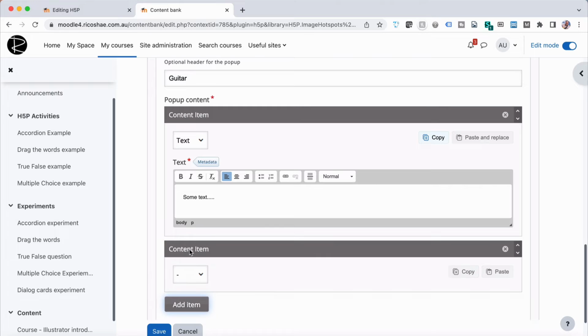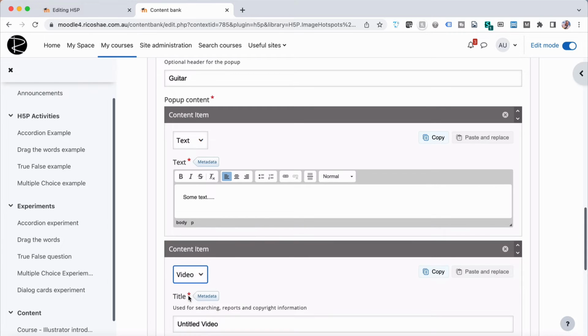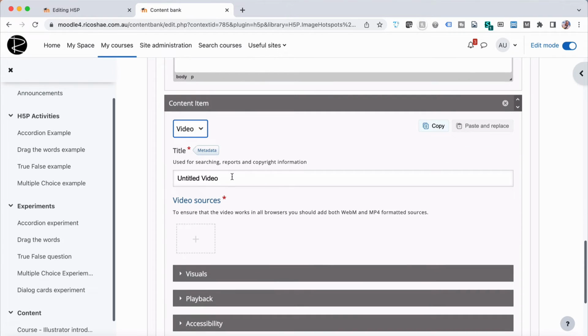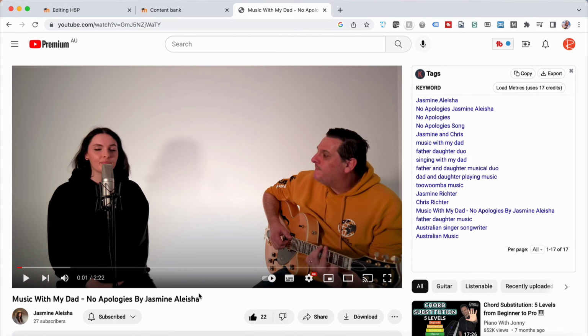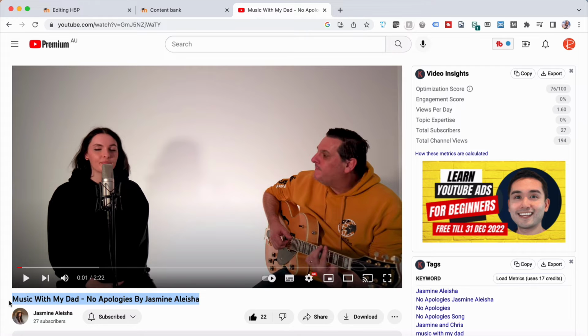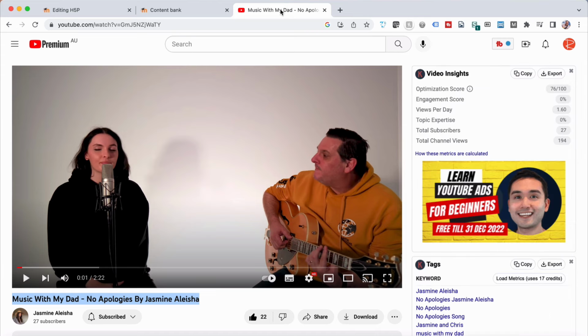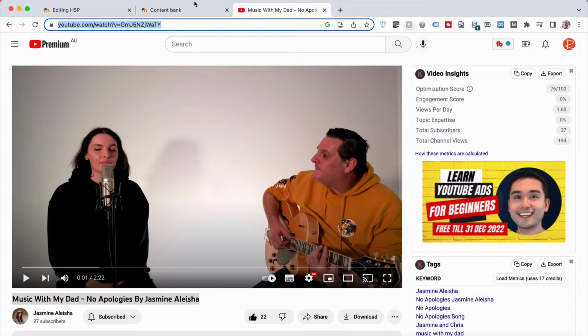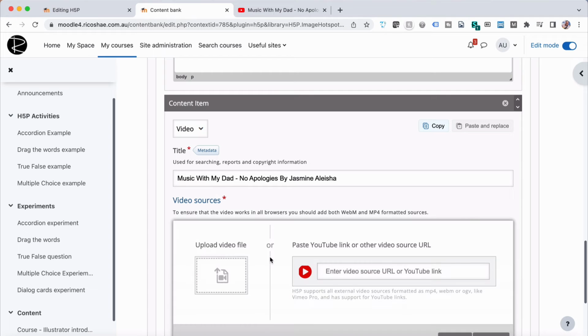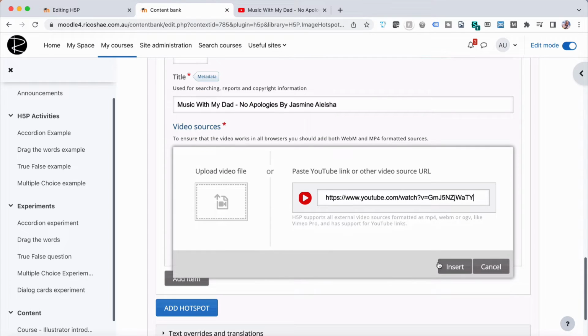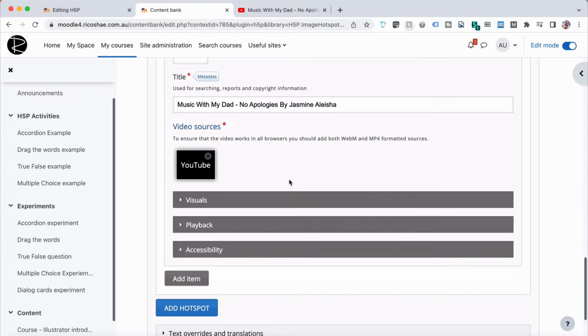I'm also going to add in a video. So let's go add item, choose video. The video will be one we choose from YouTube. So I'll just jump over to YouTube and grab a video. I'll grab this one here because it is one of me playing guitar with my daughter singing, or one of my daughters singing. So I'm just going to give it the title. I need to grab the YouTube URL as well. So I'll grab both of those, go in here and paste that into the YouTube insert, and there we go,